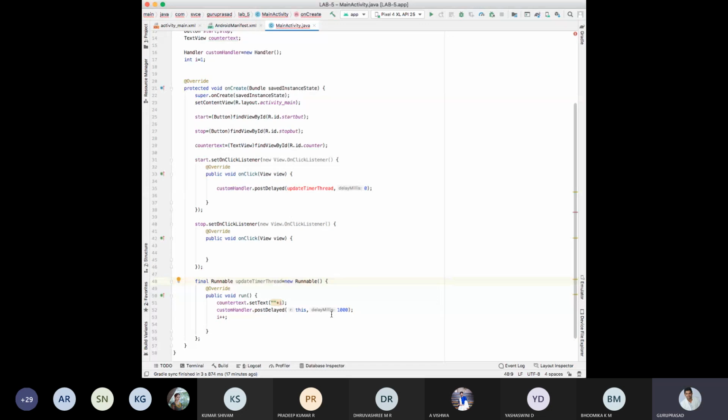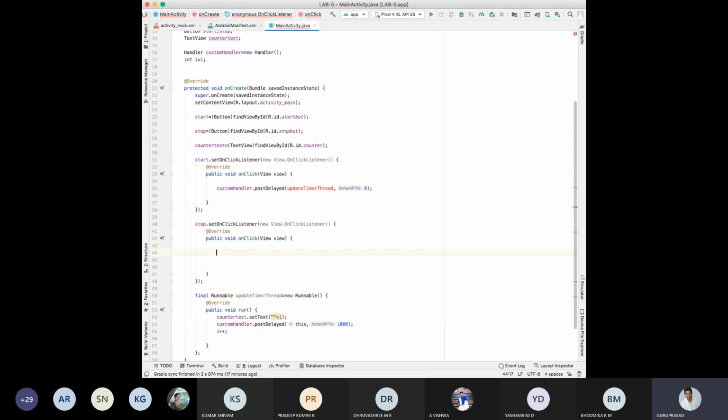Now, 1000 milliseconds means 1 second. 1. After 1 second, 2. After 1 second, 3. After 1 second, 4. I plus plus. It should keep on running. What if in case